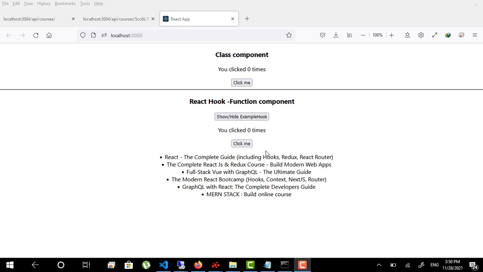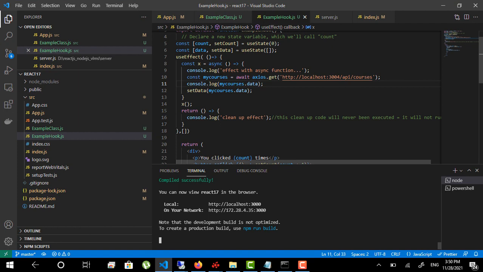Hi, today we continue with another important topic of the useEffect function. This is the second parameter of the useEffect function. Now I will change the API